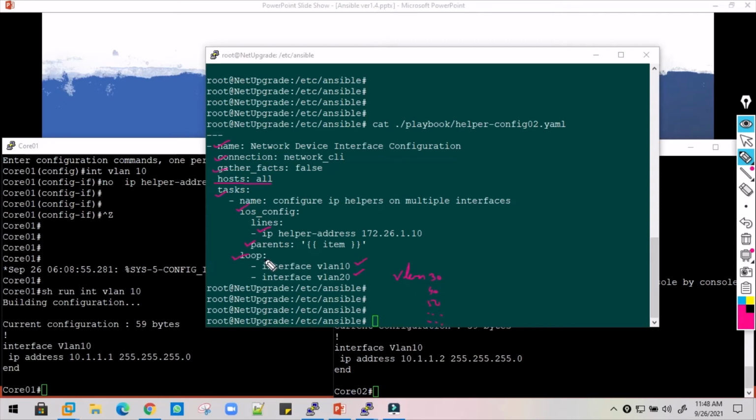This loop picks up the item variable, so first it will open the VLAN 10 interface and configure this helper address over there. Next it will go to VLAN 20 and configure the same helper address command on VLAN 20 as well. And this is applicable to all the interfaces which we configured under the loop section.